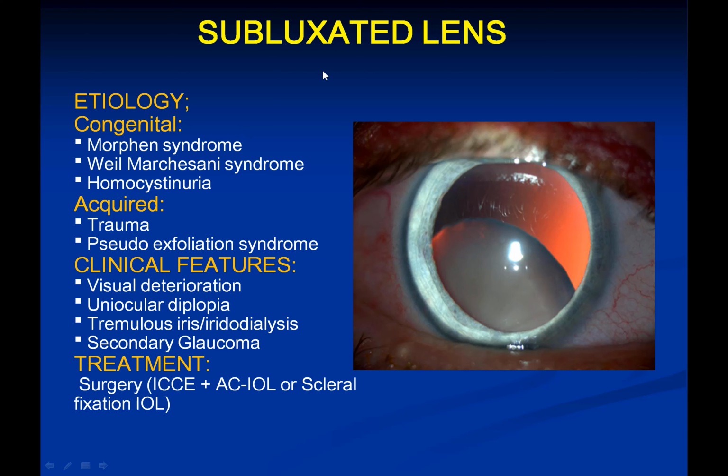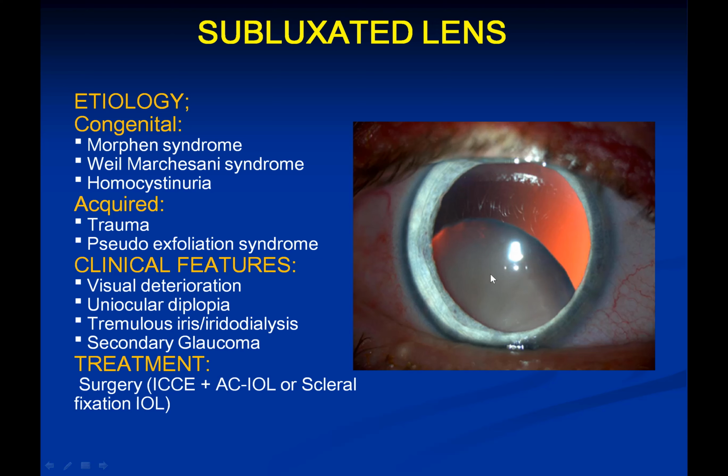You should remember two things. What is subluxation of the lens and what is dislocation of the lens? As you see in this diagram, a subluxated lens is the lens detached from the zonules on one side, but its major portion is still present in the pupillary area. You can see the lens in the pupillary area. Here is the lens upper border, and here is the area without lens, from where the lens has subluxated inferiorly.